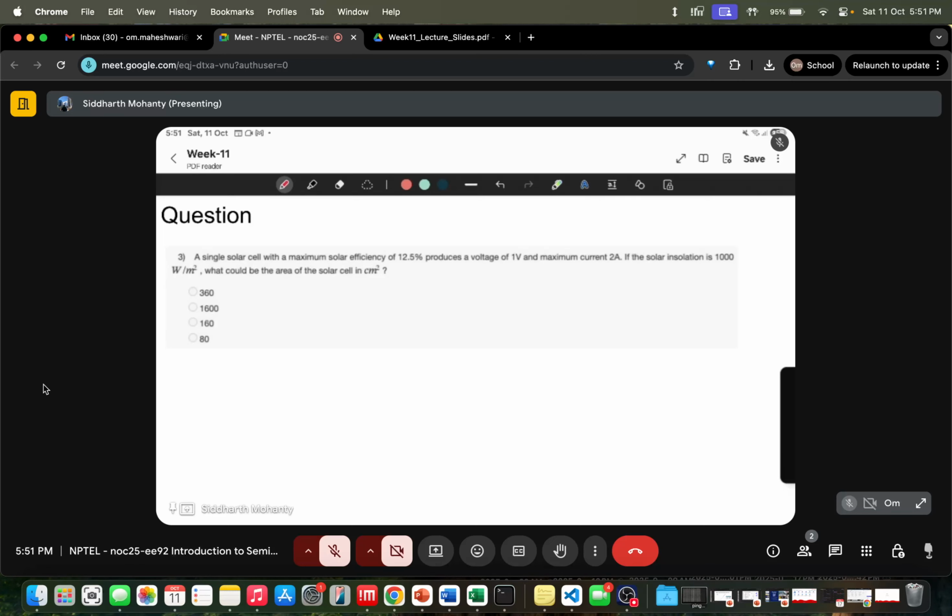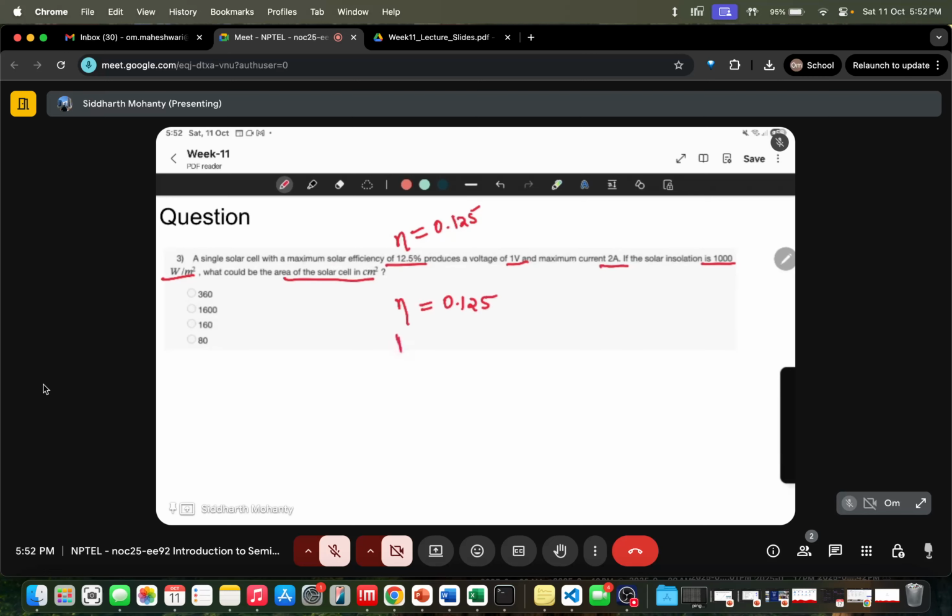Okay, so let's take a look at this question. The question says a single solar cell with maximum solar efficiency of 12.5, that means it is 0.125, produces a voltage of 1 volt and maximum current of 2 ampere, and the solar insolation is 1000 watt per meter square. What could be the area of the solar cell in centimeter square? Okay, so theta is 0.125. The P out is VI, which is 2 watt,